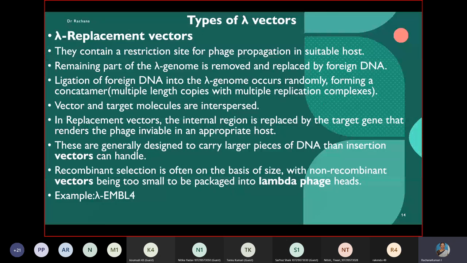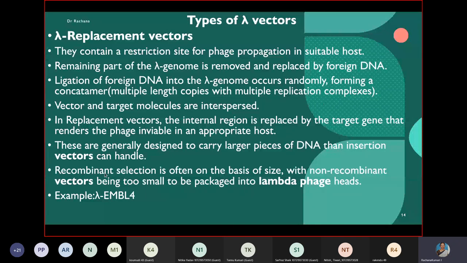So therefore, what are we doing? We know how the viral genome exists and how we can ensure its functionality is not disturbed. We do not want to kill the virus, but we can exploit the genes which it is carrying, and due to the presence of these cos sites, we can insert larger pieces of DNA through the replacement of the genes which are non-essential.